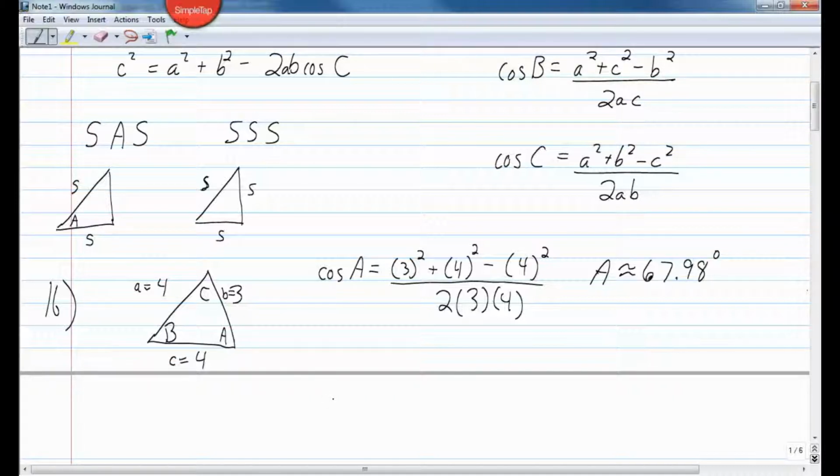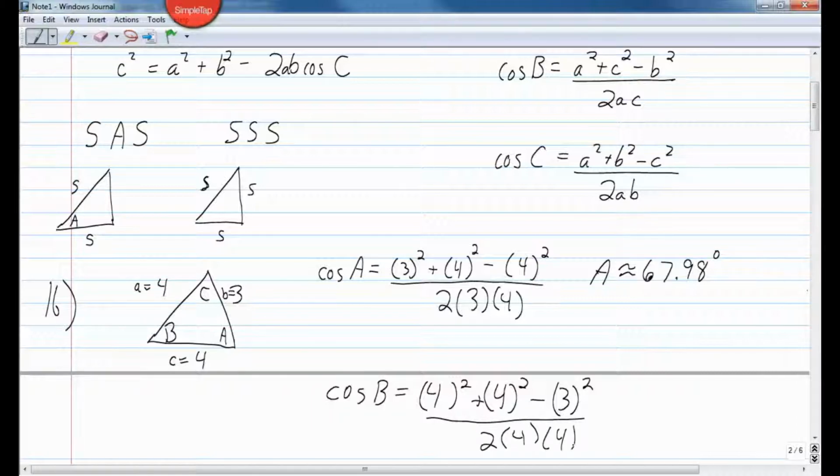Okay, so cosine of angle B is equal to 4 squared plus 4 squared minus 3 squared